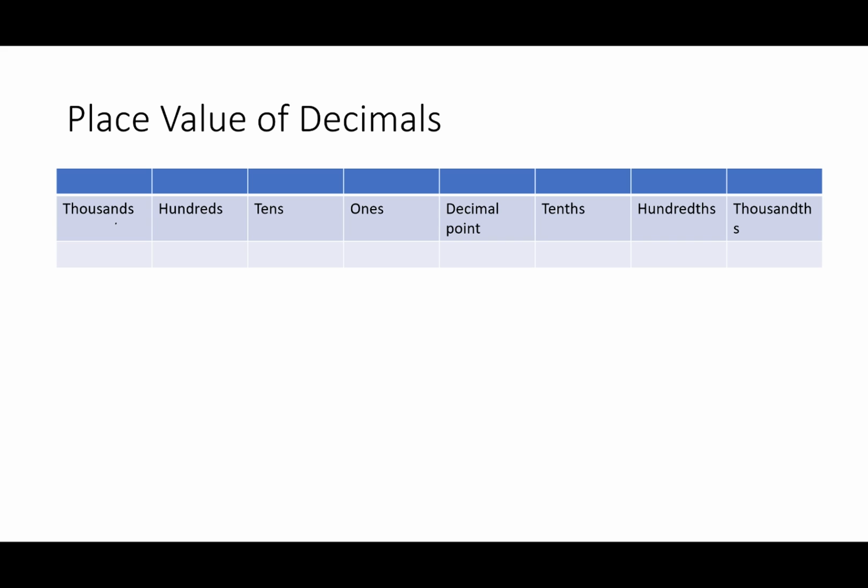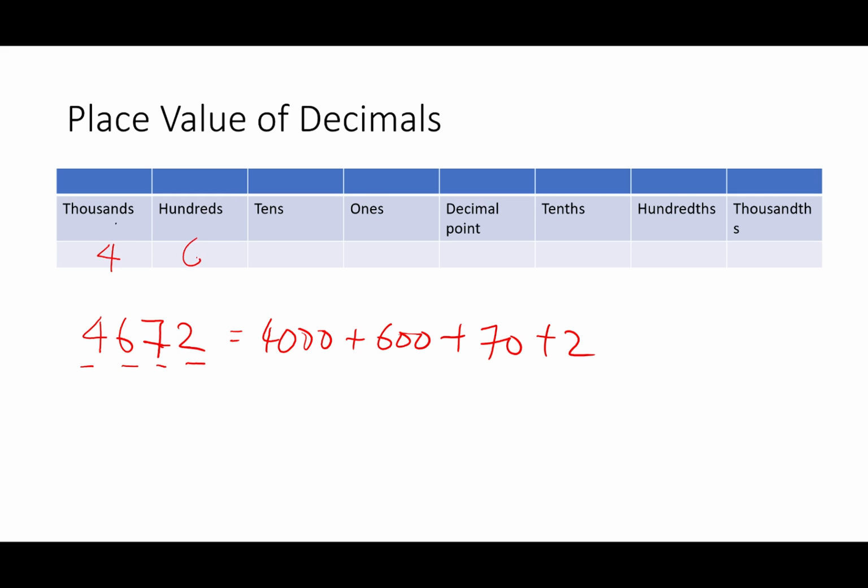Next, let's look at the place value of decimals. We start with a whole number first. If I have 4672, what this means is that essentially I have 4000 plus 600 plus 70 plus 2. So the 4 represents 1000, 6 represents 100, 7 represents tens, and 2 represents ones. So 4672 can be written